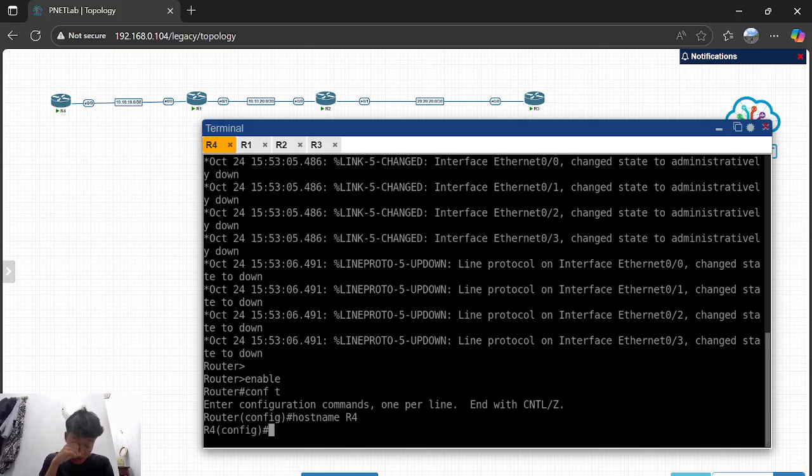First of all, you can write the host name, and then you can set the IP, guys. But first of all, you must enter the interface.